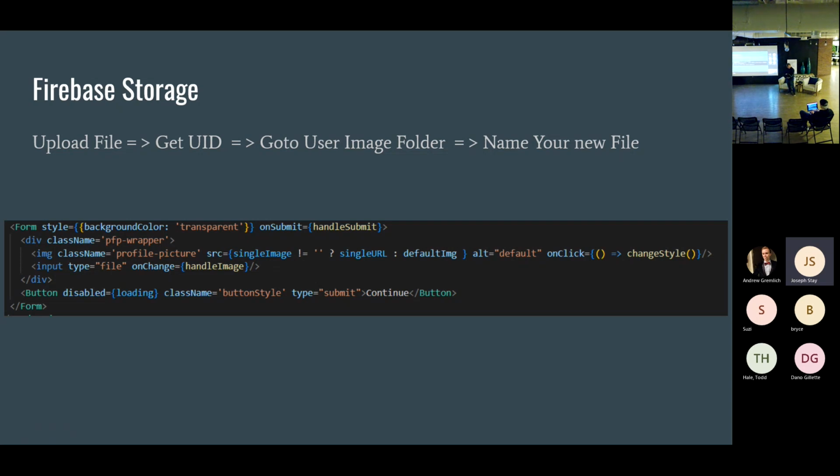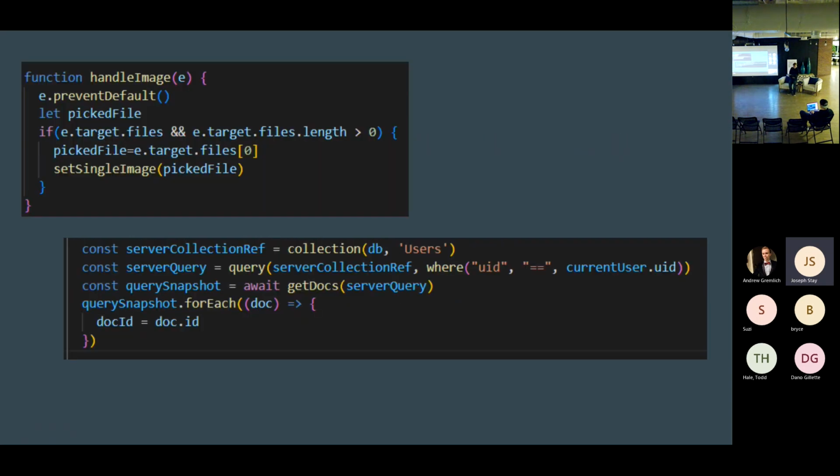And then for that, we want to handle the image after we upload it. So that's the onChange. We want to get the picked file. We're going to get the file, and we're going to set a state to it. And then we sort of start this big, long adventure that is using Google Firebase.